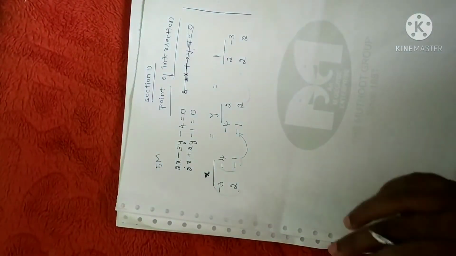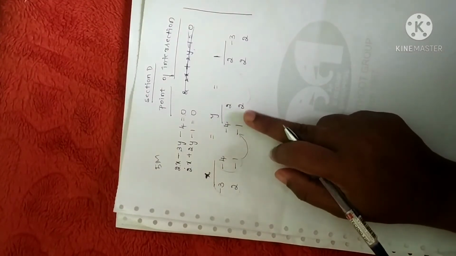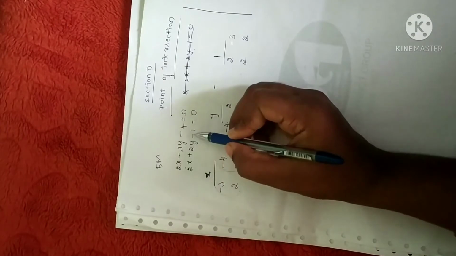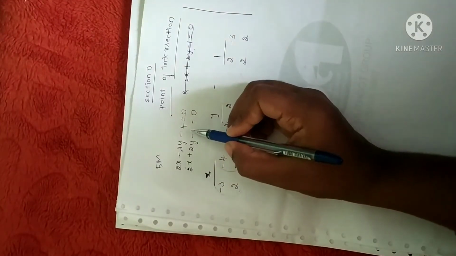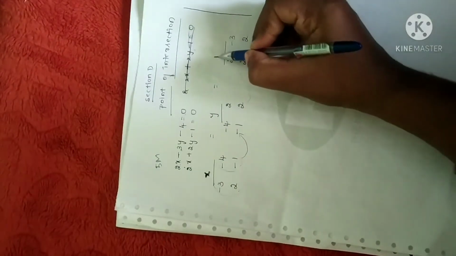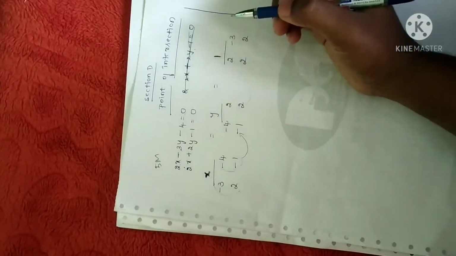Fine. Now, let me repeat once again. This step is very important. Once you are able to write this step, it is very easy to solve. First step is to write down the two equations one below the other. Next, write the variables in the given problem. It is x, y. You just write 1. Whatever may be the problem, you have to write 1 here in the place of the constant.